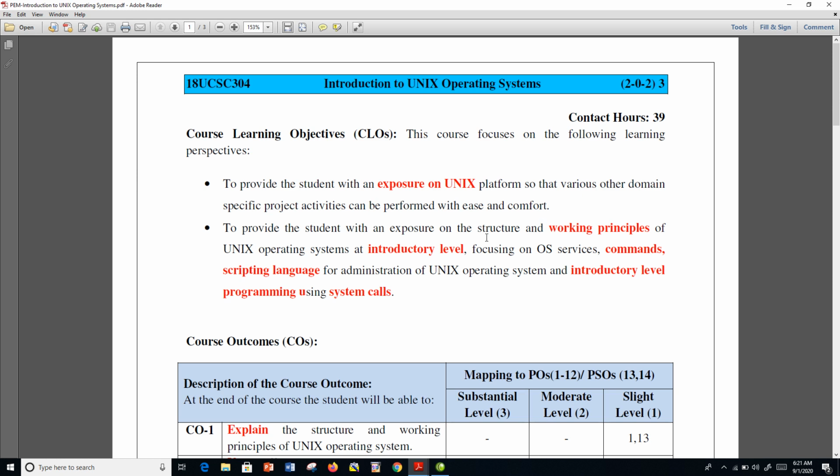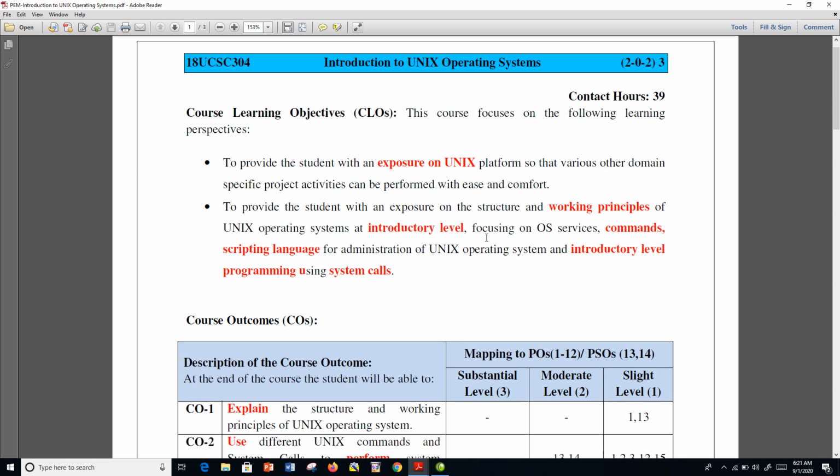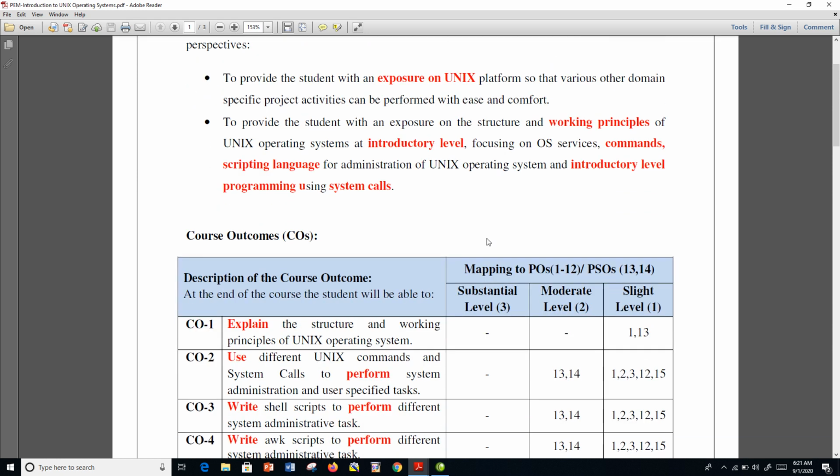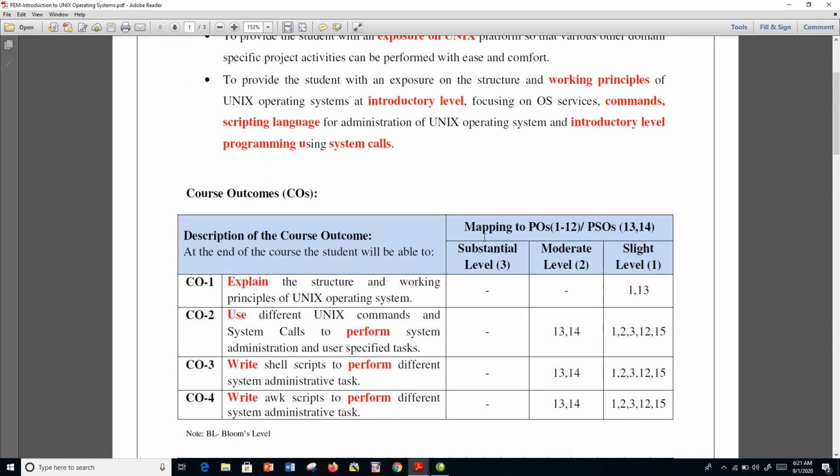Now, this is the syllabus I'm sharing with you all. The most important aspect of the syllabus is the course outcome. The course outcome reflects what exactly you will be learning. There are two components: one is the theoretical aspect, the other is practice. We focus on practice-based sessions in almost every course, and they are called course outcomes. Course outcomes are nothing but what we expect a student to do at the end of the course.